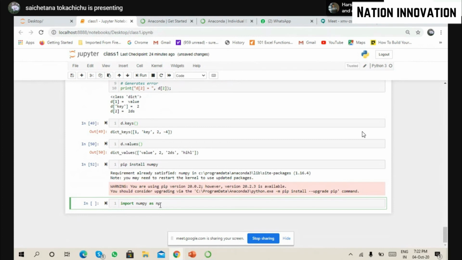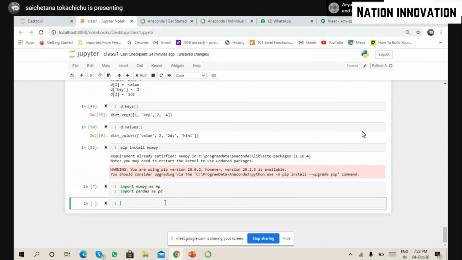So why am I doing this? Instead, if I want to call some function in NumPy, I would get tired of writing NumPy this, NumPy that every time. So instead I'm putting a shortcut, np. Wherever I require NumPy's object, I will just call np dot something and do the work. Or let's say, import pandas as pd.